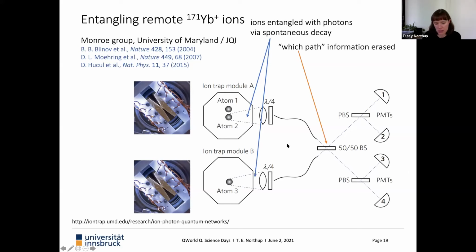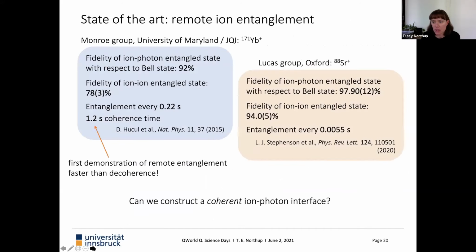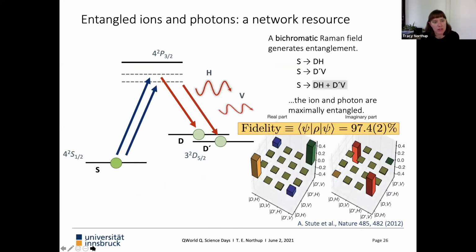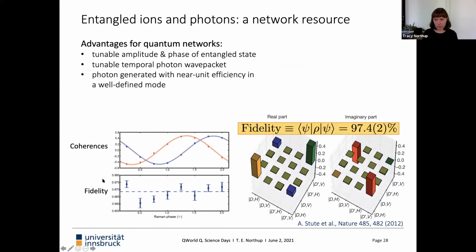Right, so let me maybe go back to this Raman process. I think I mentioned some of the strengths of it here. One reason to do it coherently is because if you use spontaneous emission, then the amplitude and the phase of your entangled state will be fixed by your Clebsch-Gordan coefficients. And so you're going to get one particular entangled state, and that may or may not be the one you want. Maybe you'll look around and choose the particular states that you use to get you the one that you want.